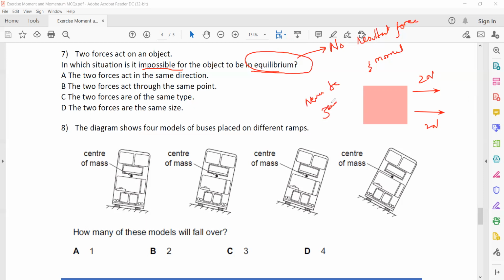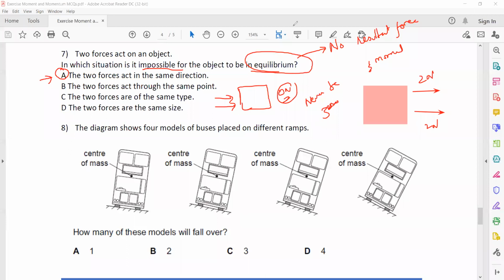So if the result can never be zero, in this case the object cannot be in equilibrium. It will always have a resultant force. That's why A is the right answer. Whenever two forces are acting in the same direction, the object cannot have a zero force. It will have some force,